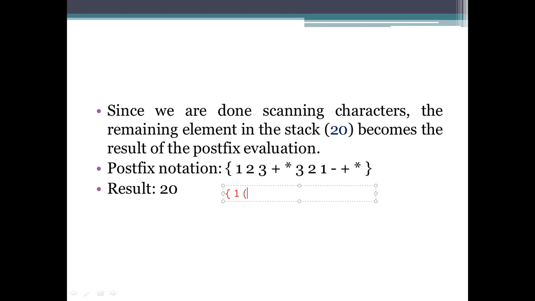Let me draw this. Here is how we manually perform this. I am writing plus and then star and then 3, 2, 1, minus, plus and star, and close the brace.